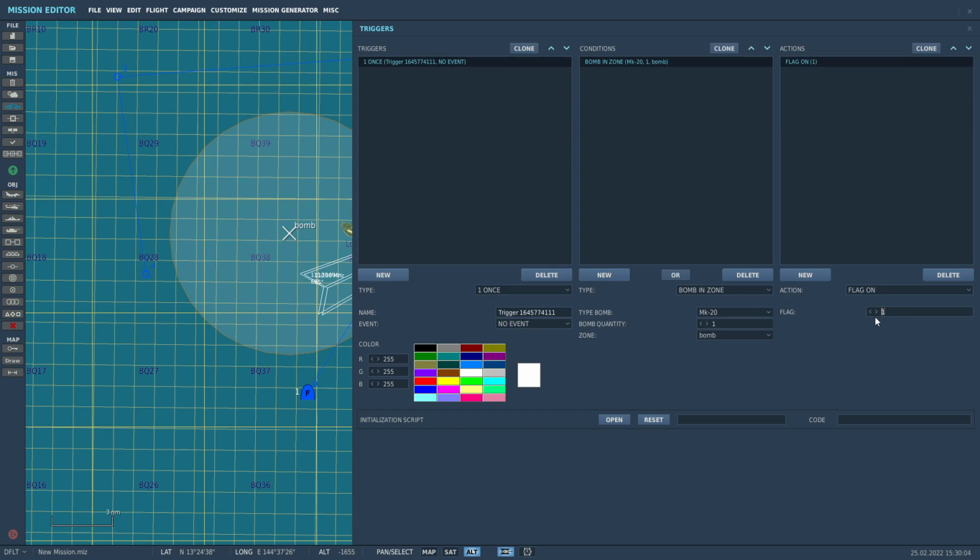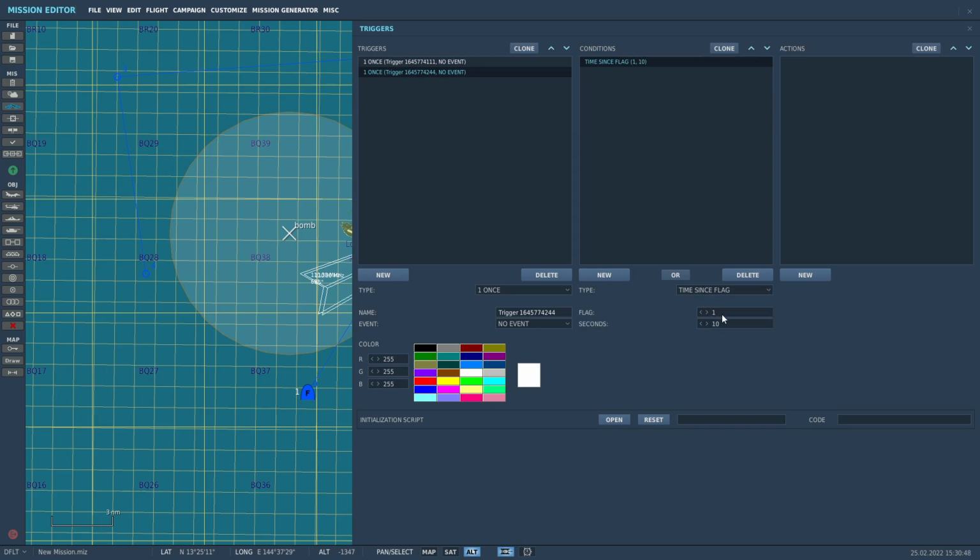Flags are, like, you can turn them on and turn them off, and they all have a number and they have a value. So if something happens, let's say in our example, the player drops the bomb, and 10 seconds later, or maybe 2 seconds later, you want a radio call, bombs away. You don't want it to happen as soon as the bomb drops for some reason. If you set it up like this and you have the message here, bombs away, then as soon as it's dropped, you're going to hear the call. But then you turn flag 1 on and add the new line